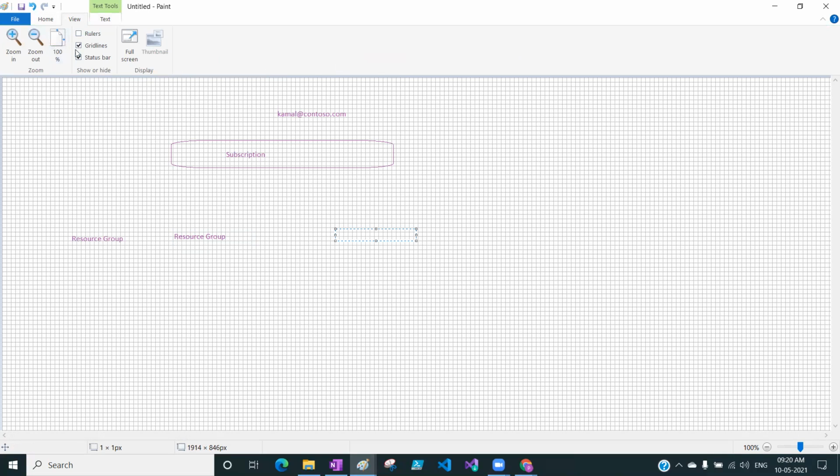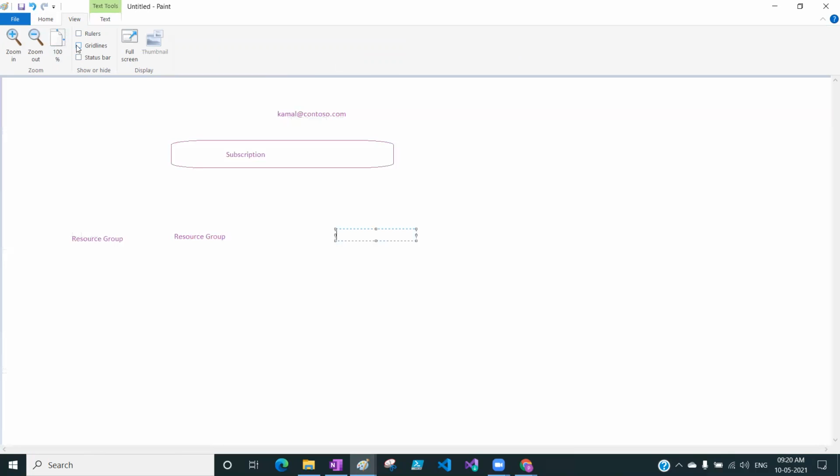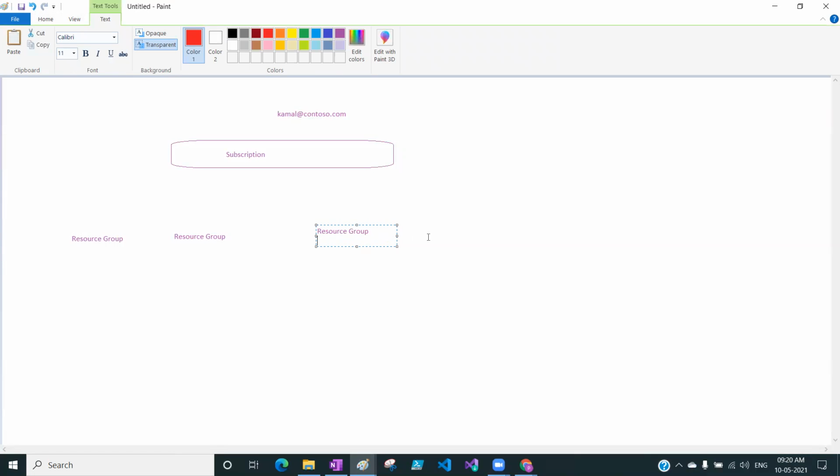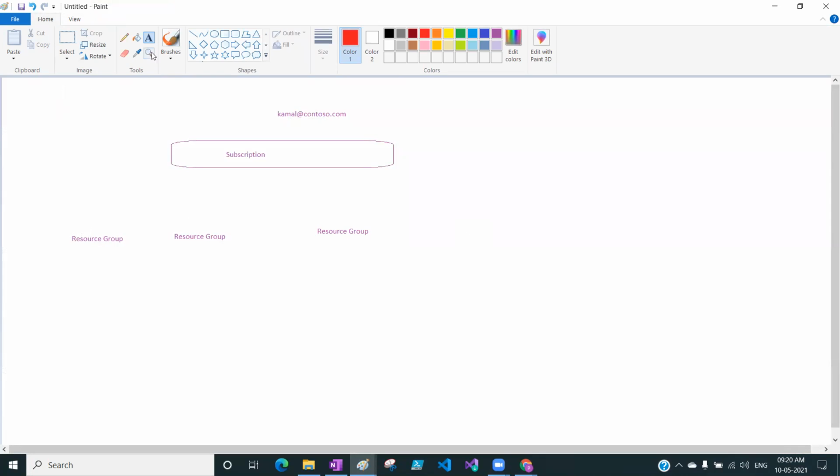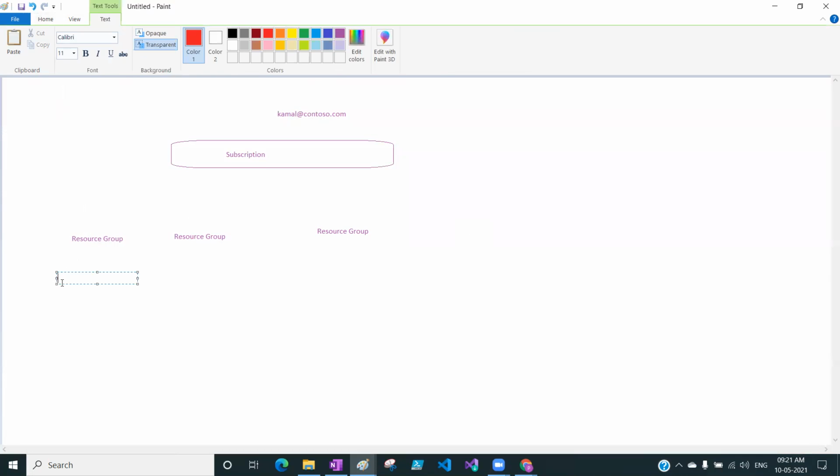Somehow the view has changed. Okay. All right. So there can be more than one resource group exist, and each resource group can contain multiple